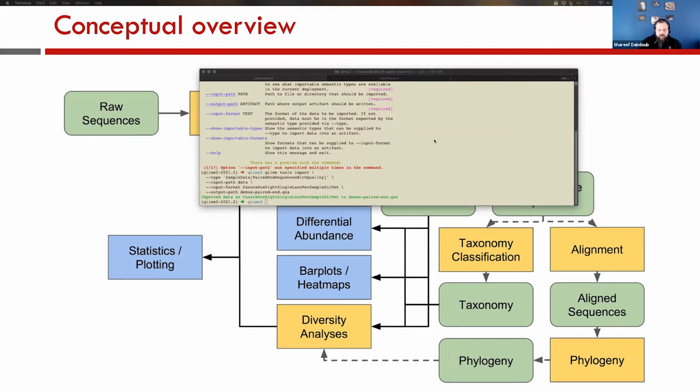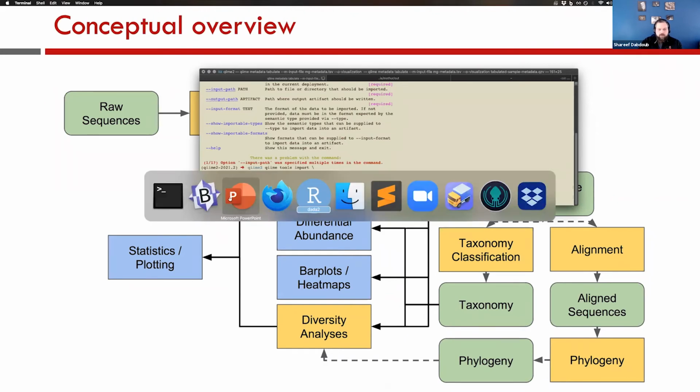So we can generate a visual representation of the metadata file. So you'll see here, QIIME metadata tabulate, and we'll see this function over and over again. It's useful for a number of different steps. The input file is the metadata table, and the output visualization file is a QZV metadata file. So we can generate that,